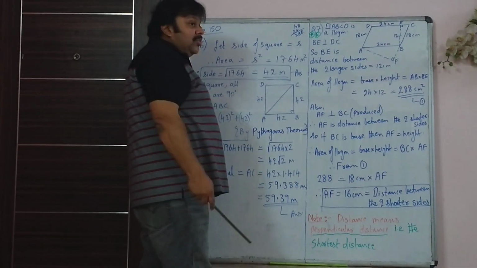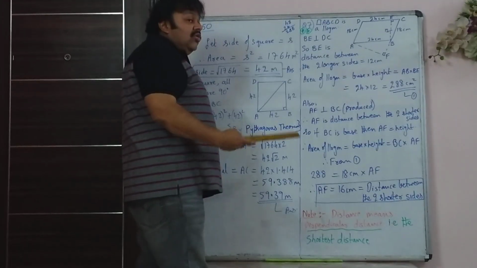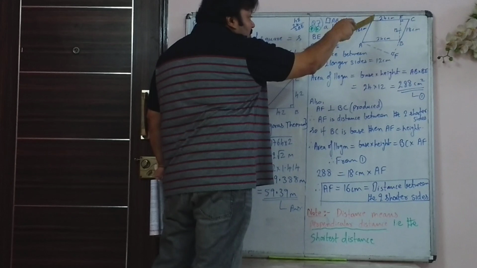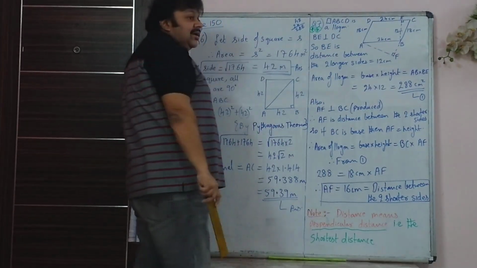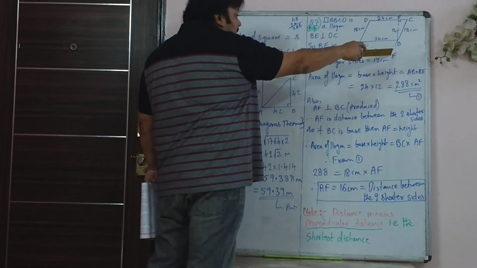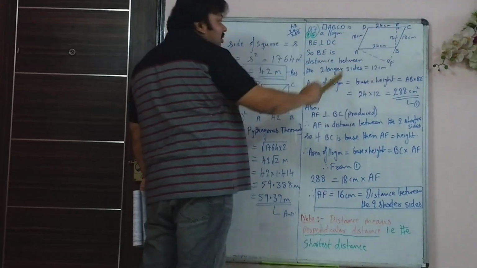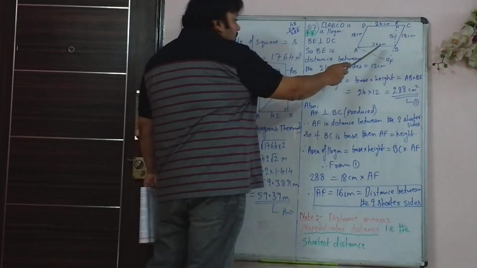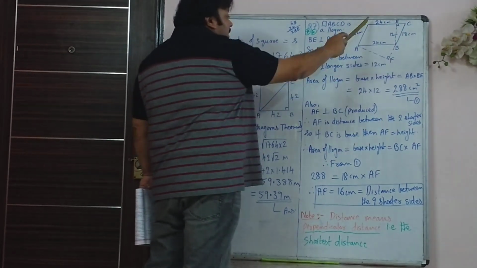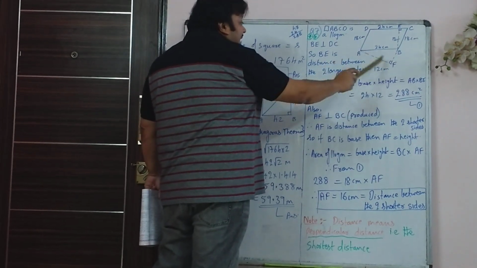Now, there is one more possibility. If BC is considered as the base, then you have to show the corresponding height. So BC, inside this quadrilateral you can't draw a perpendicular because those angles will not be 90, they will be acute angles. So you have to extend the base, produce CB, and from A you can draw a perpendicular to CB produced. So the perpendicular distance between the two shorter sides BC and AD is AF.